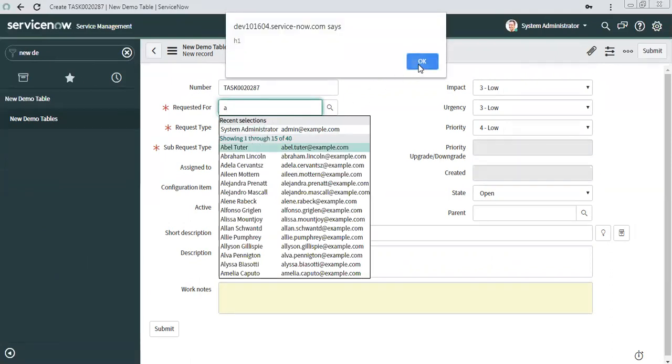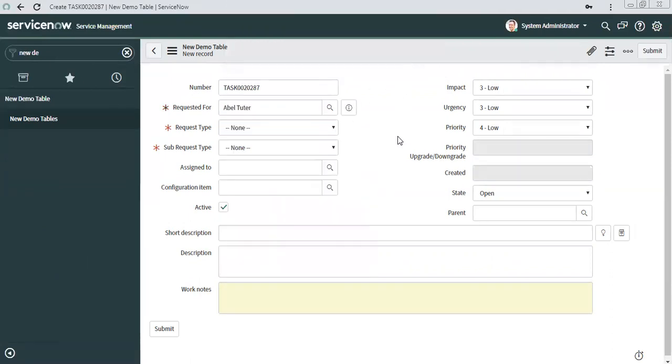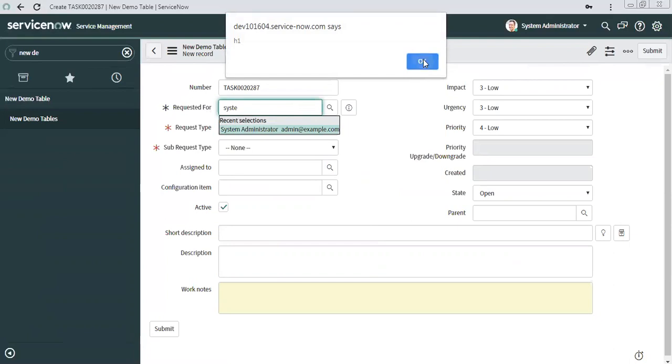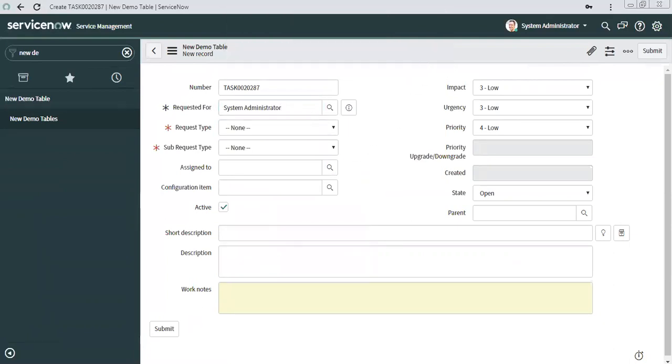Okay, the script is getting called. Then it is not going inside the loop. If I select system admin here, first is fine. Okay, it's not going inside the callback function.